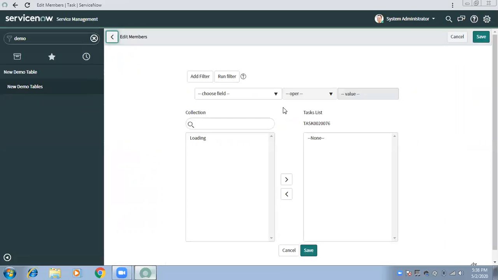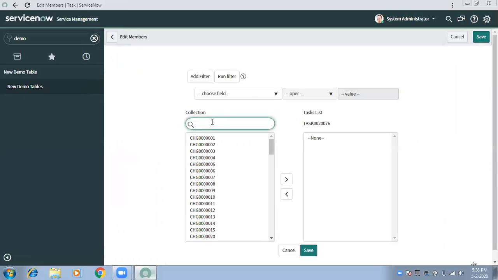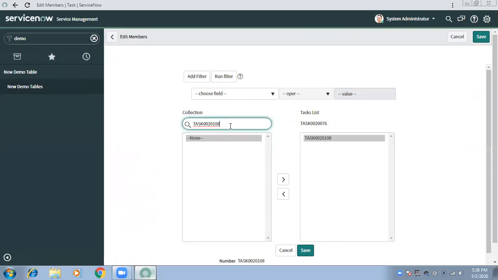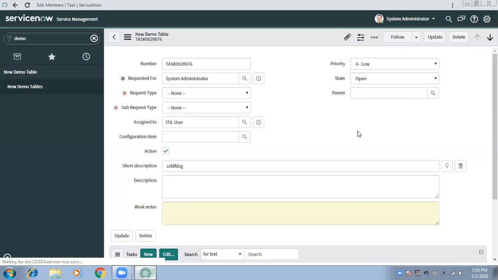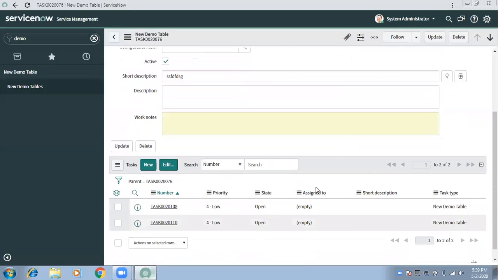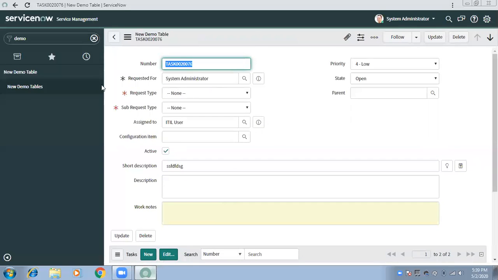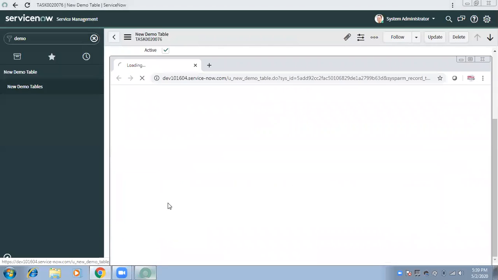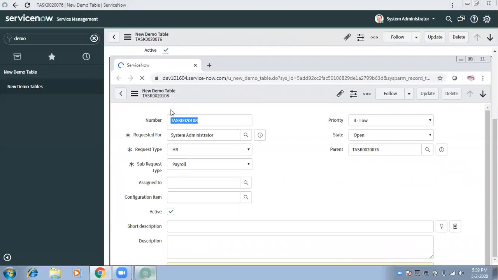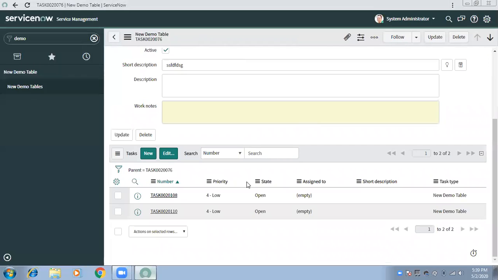Now this is my parent request and these two are children, but all of these belong to the same demo table.